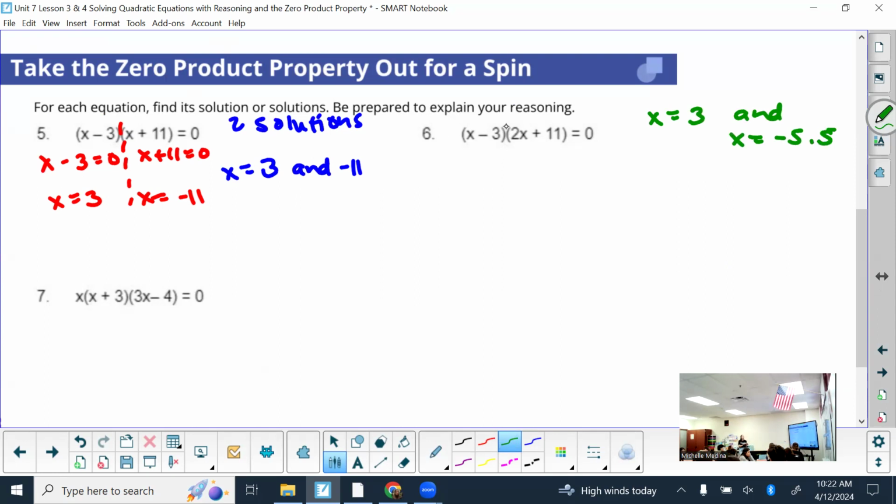So set each factor equal to 0. These are factors. We're multiplying together. This would have to be 3. This we did earlier. We solved it algebraically. Remember, go back to look up on the paper. We figured that it would have to equal -5. So 2 solutions for this one. The last one,